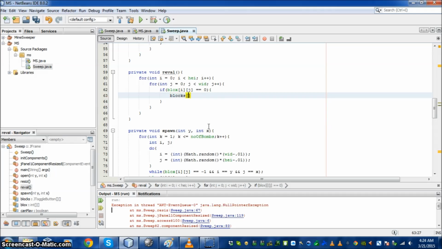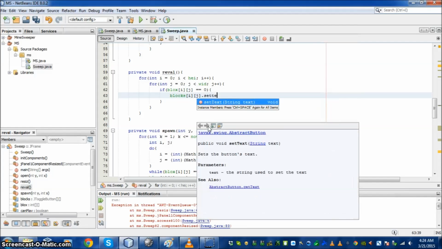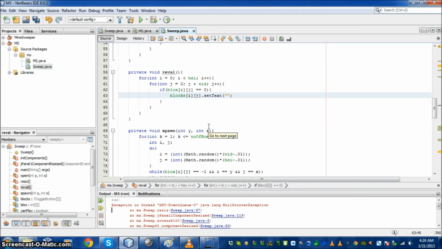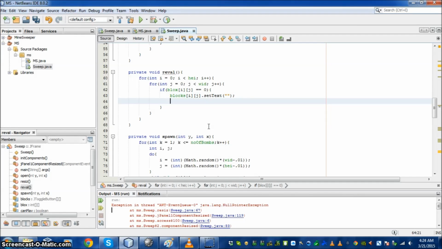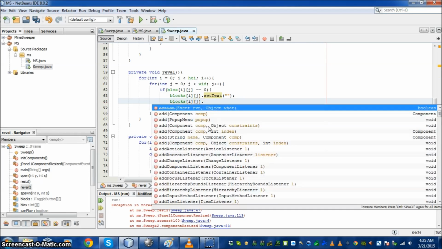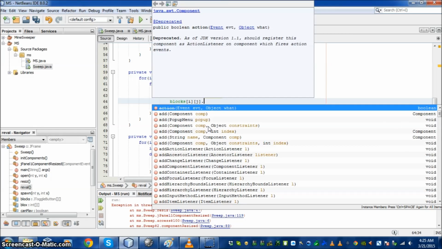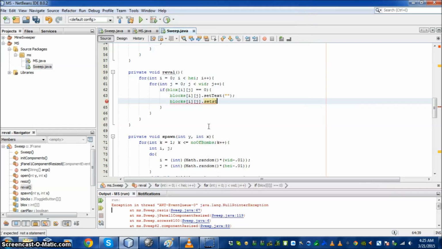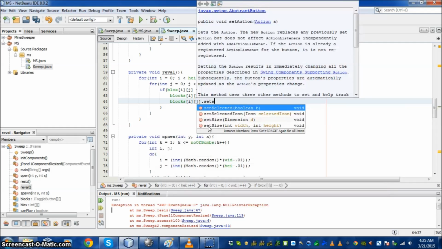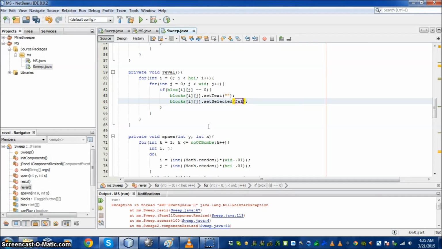the blocks, now this is the JToggleButton, at the spot will set text to nothing, and also the blocks we will set, if there is no bomb there, we're not going to show any text at that point, and set selected to false. So that spot will be popped up. Or else